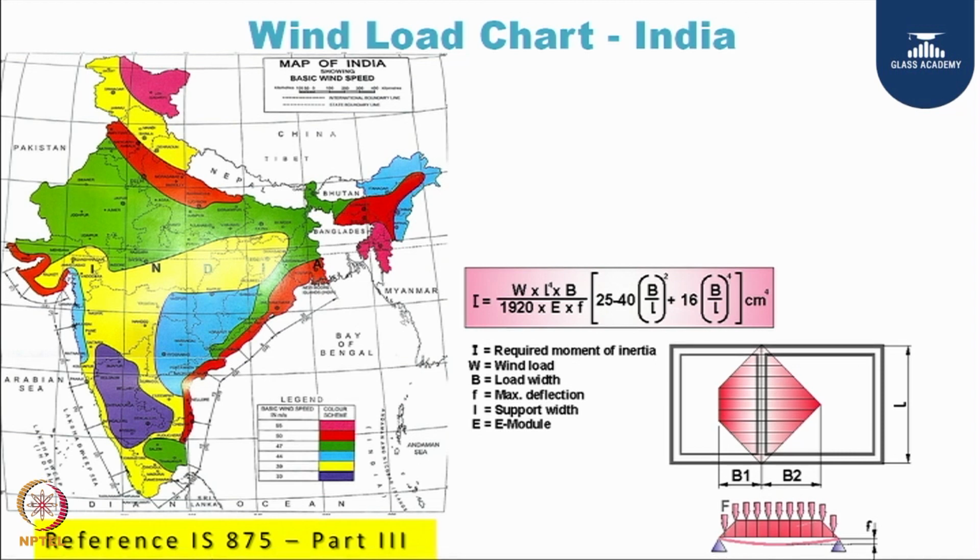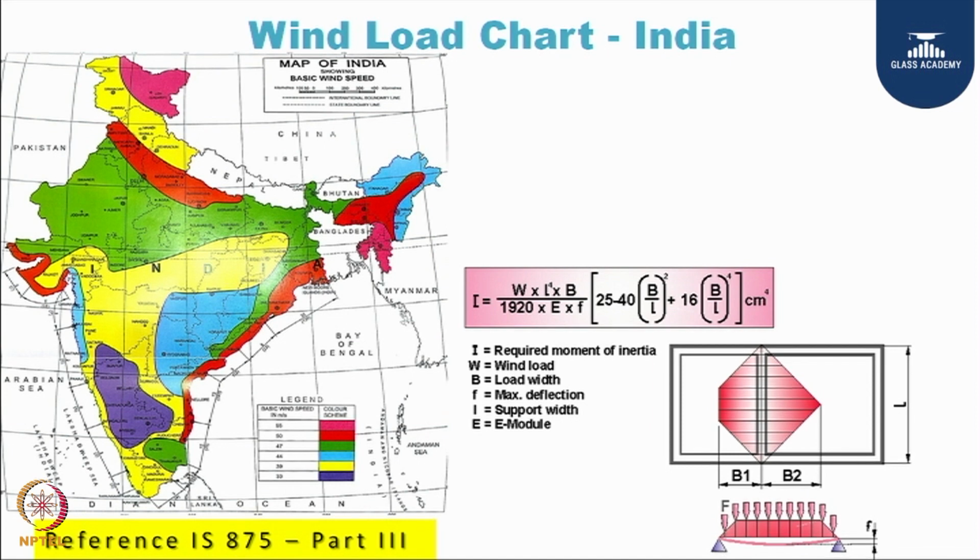So there are basically three parameters we need to look at when we design a window. It is very simple to understand. The first one is the wind load. I am sure most of you are aware that all buildings which are constructed follow norms, which is the IS 875 code or NBC 2016. So you have those wind load charts already available. Since the building performs to those wind loads and the window is part of its facade, the windows too need to perform to those.